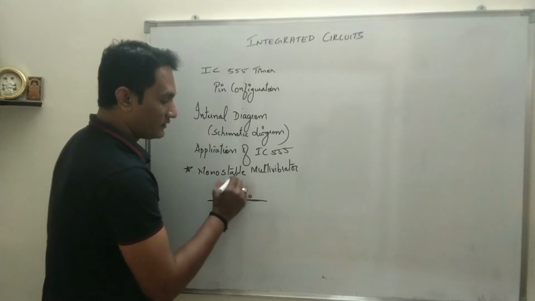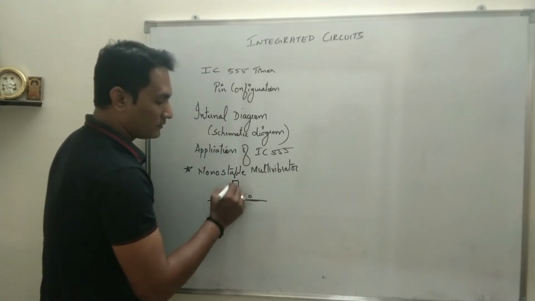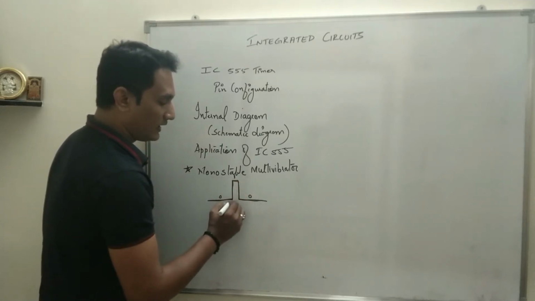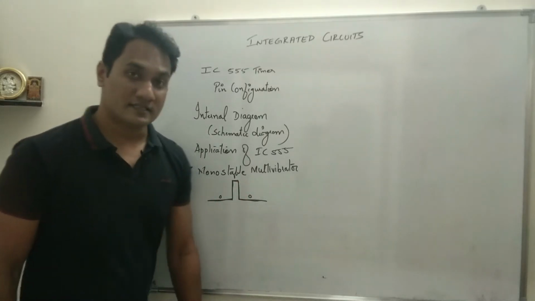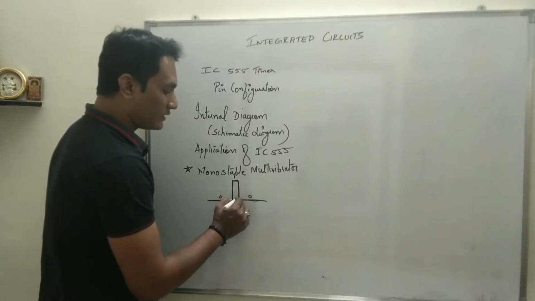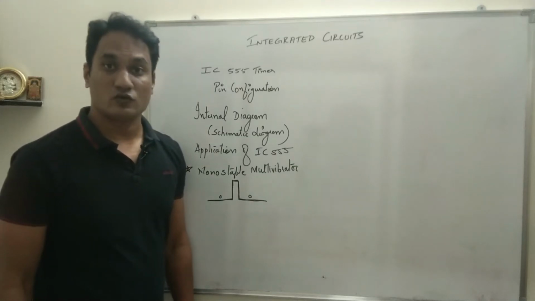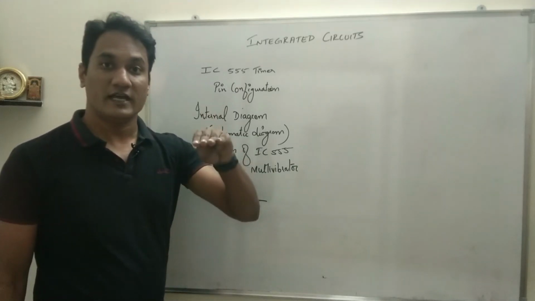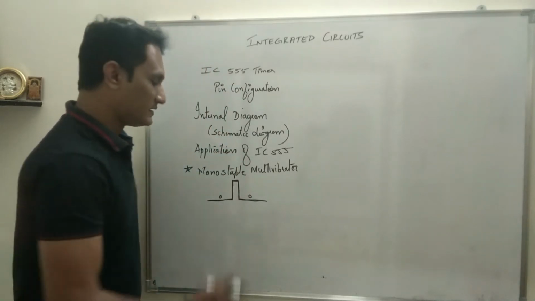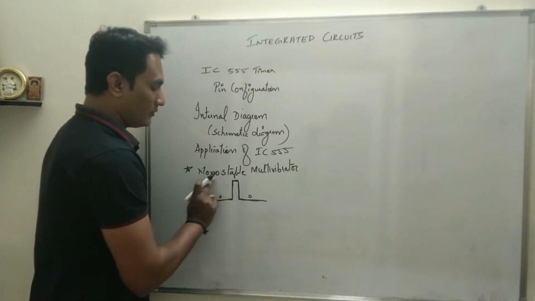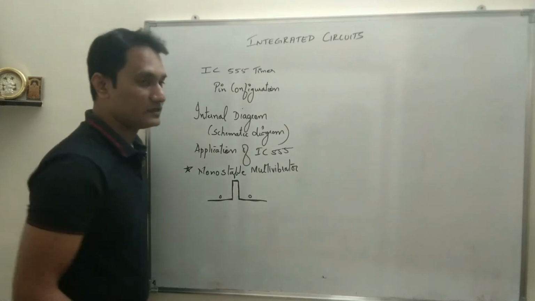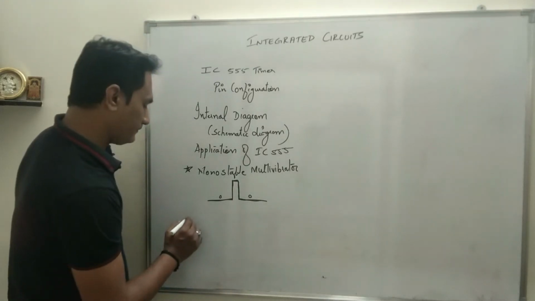The state where the output has changed from 0 to 1 and come back is called the quasi-stable state or temporary state, because after some duration of time, without giving a trigger, the output will come back to its initial position, that is 0. So it has only one stable state. When you give external triggering for a small moment of time, it will become 1 and again it will become 0. That is why it is called monostable. Mono means single. Mostly this type of circuit is used to provide a trigger pulse.